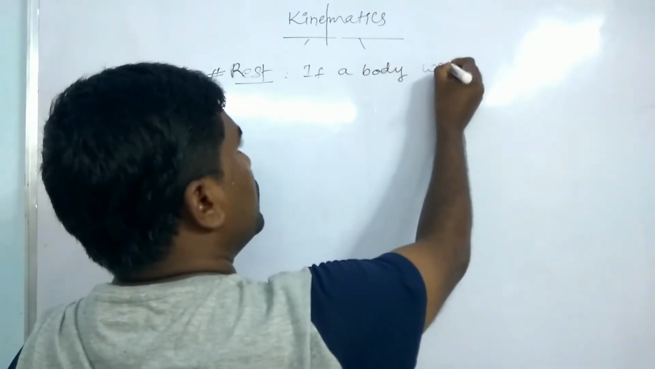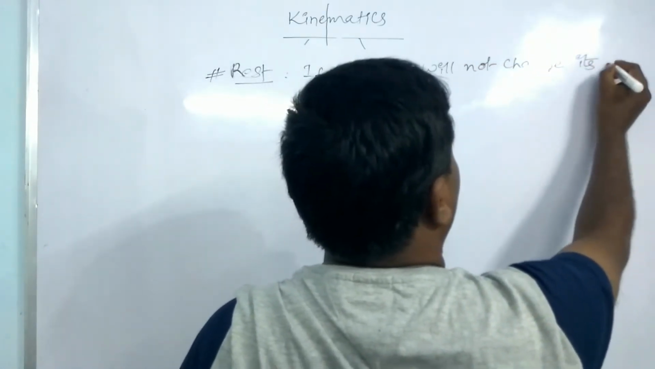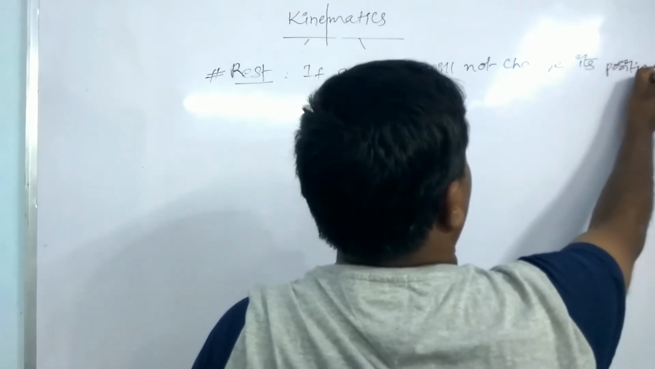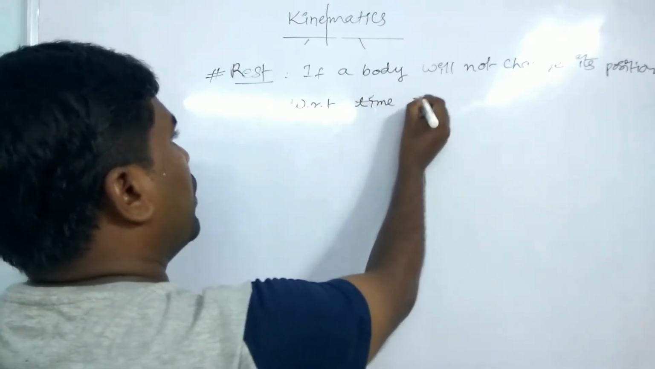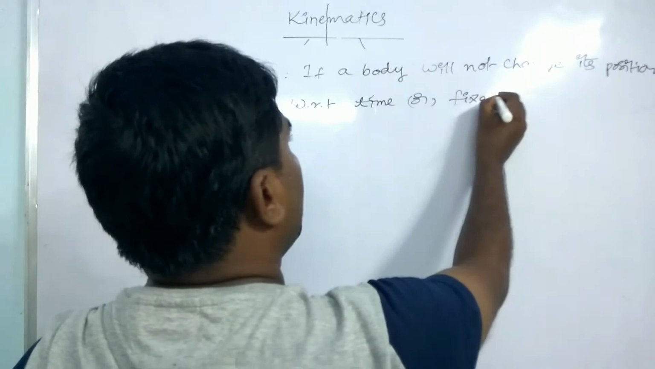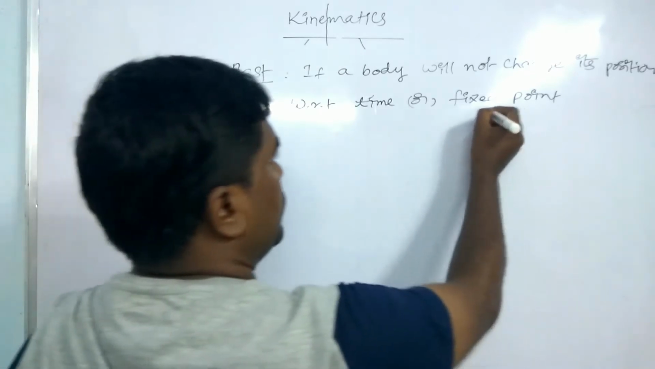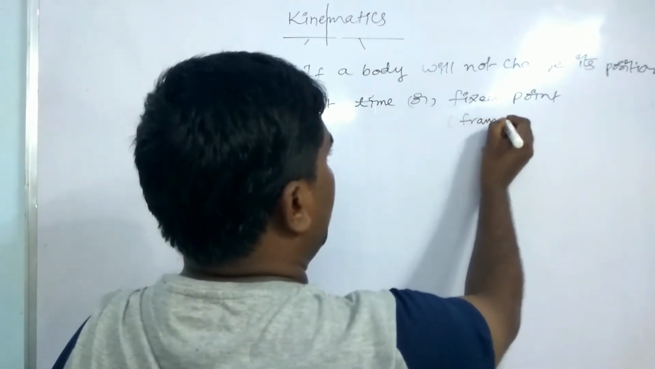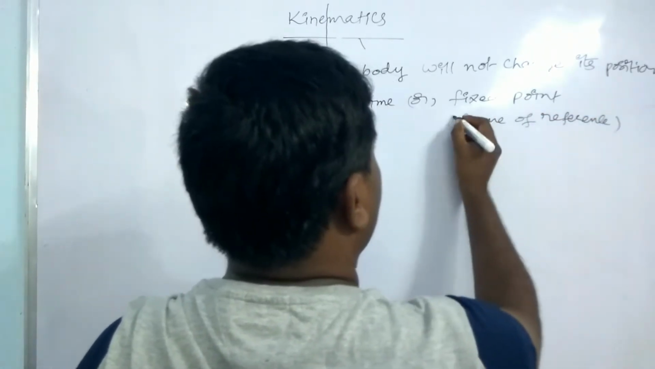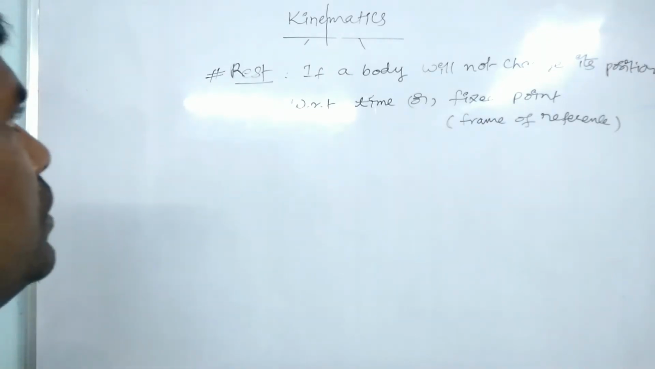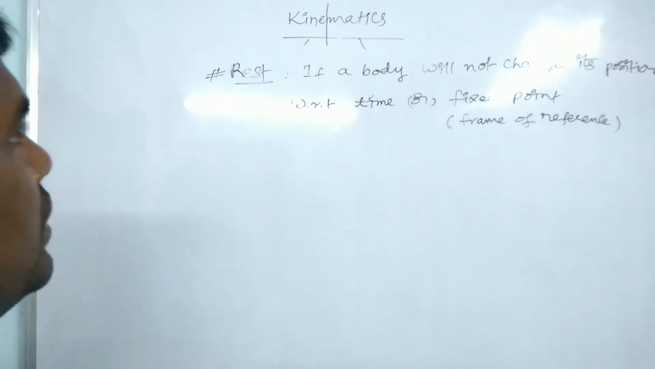will not change its position with respect to time or a fixed point. This fixed point is known as the frame of reference. Frame of reference means where we observe a body. So that is the frame of reference. So if a body will not change its position with respect to time,